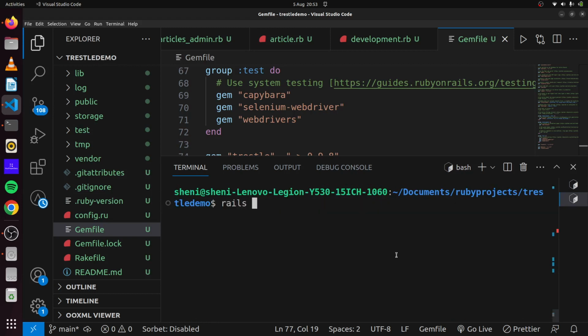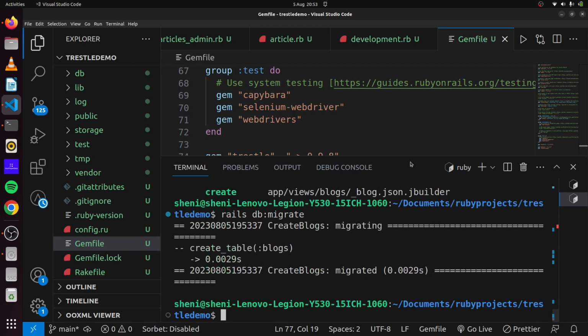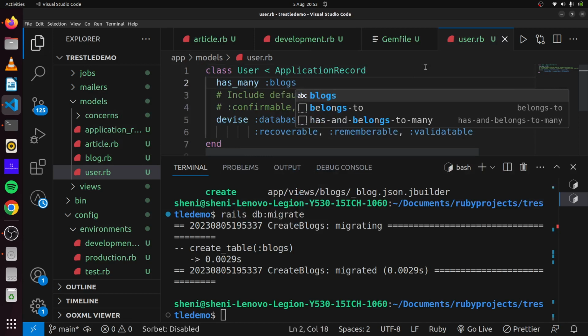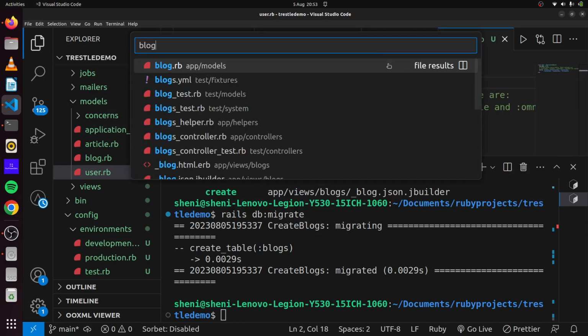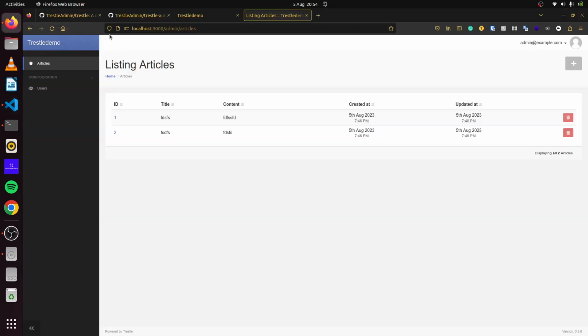So let's also add another model. Let's call this blog. We'll say rails generate scaffold blog with title, content of type text, and user references. With that, we can run our migration, and we can go to our user.rb and simply add a relationship. It has many blogs. If we look at our blog here, you can see it already has our relationship set up, belongs to user. So with that, if we come back here,